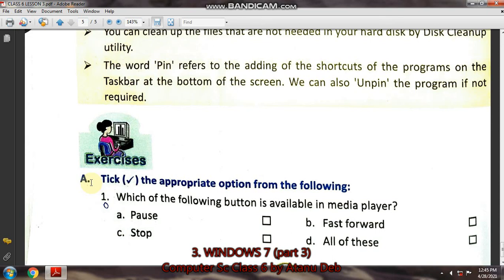Okay, only the question answers from D and question number E you have to write in the copy when I give them in the WhatsApp computer group of your class. Okay,